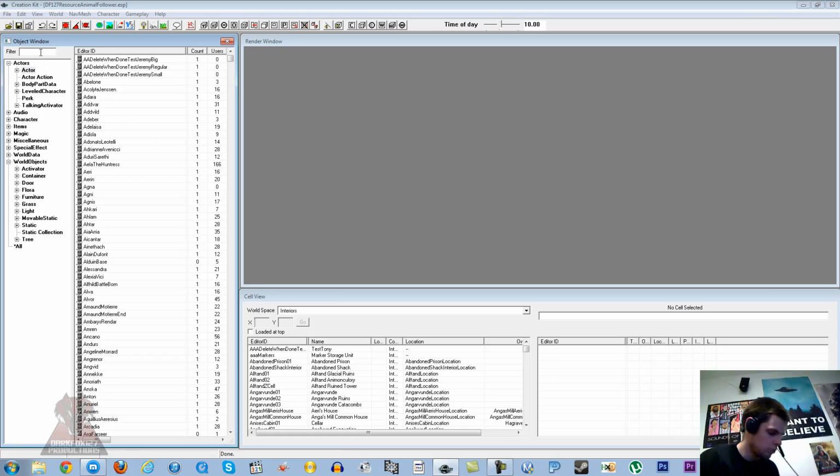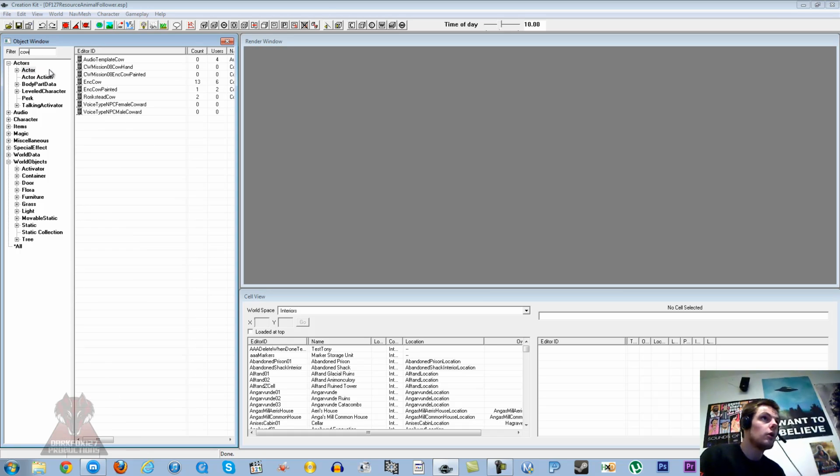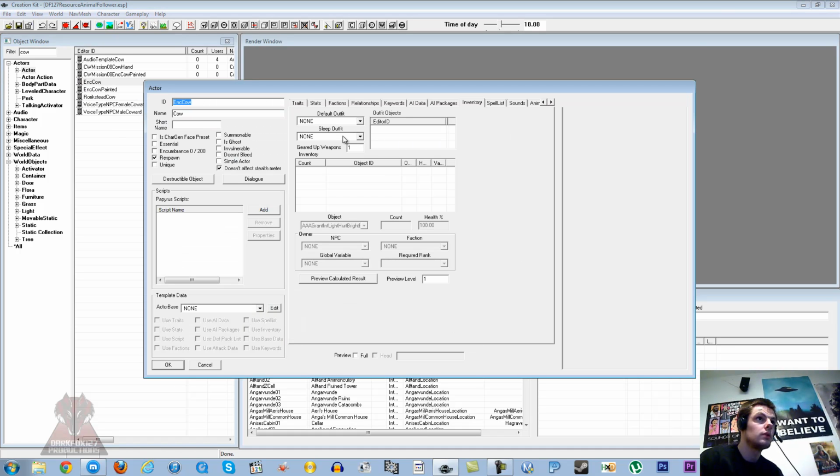Once you've decided what actor you want, because in my last creation kit tutorial I decided that I was going to feature the cow from the last one in this one, I'm going to make a cow follower. And thanks to Ron Ray, we have decided to name the cow Clyde. So Clyde the cow is going to be my follower. Obviously you can create whatever follower you want to create, but if we just go into the actual